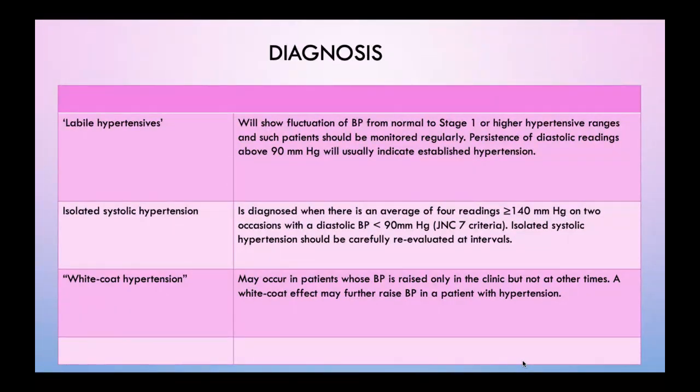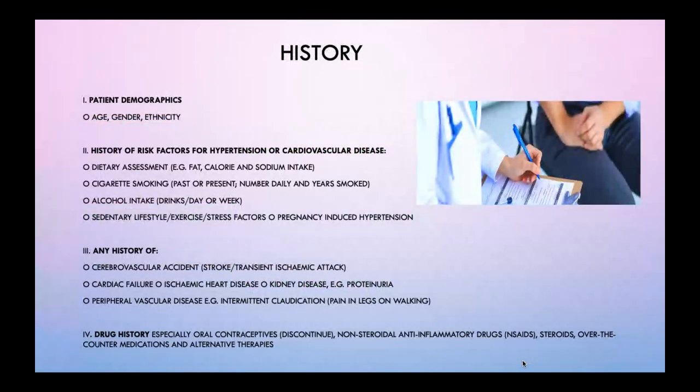So we can look out for these other variations. And in terms of management, we start with the history. This ties in everything that we spoke about before, and looking out and assessing the patient for any risk factors, whether modifiable or non-modifiable. So we start with patient demographics, history of risk factors for hypertension or cardiovascular disease,